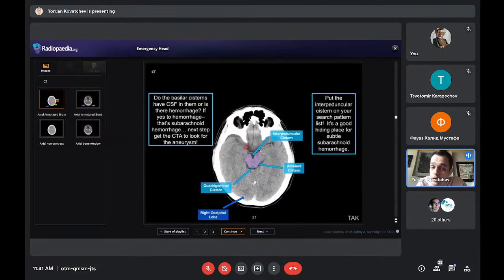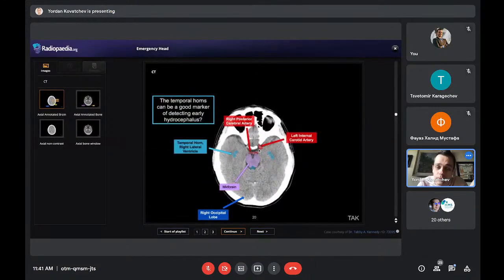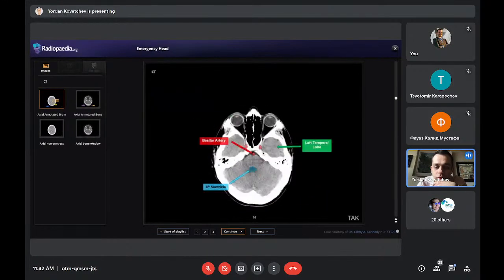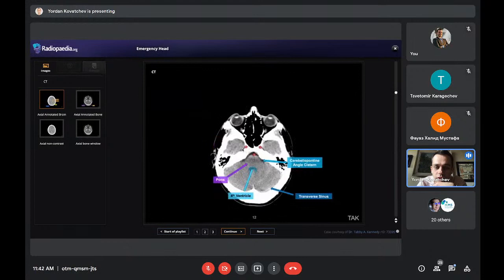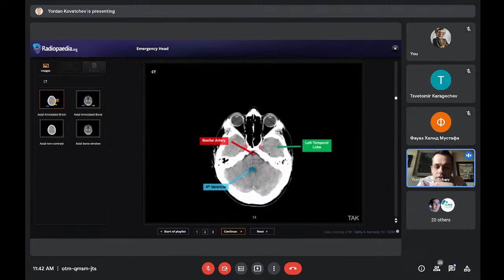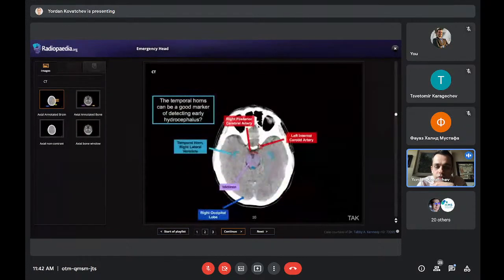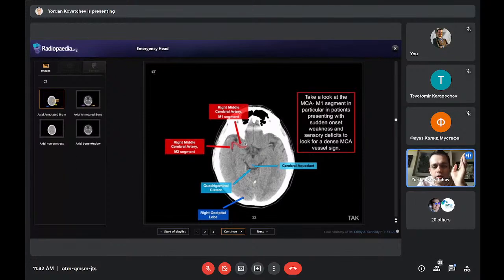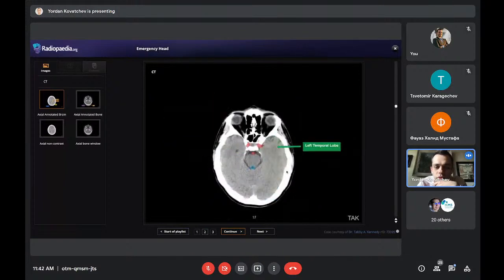It's not so easy on cross-sectional anatomy as in the textbook, but basically the basilar artery connects with the posterior communicating arteries to the frontal circulation. And here on the frontal circulation, we see the carotid arteries on these red dots. They enter the brain, they provide, and they turn into the middle cerebral arteries. They have 3 segments. That's not really that important right now. Just remember, this is the middle cerebral artery, on both sides the continuation of the internal carotid artery in the frontal circulation.